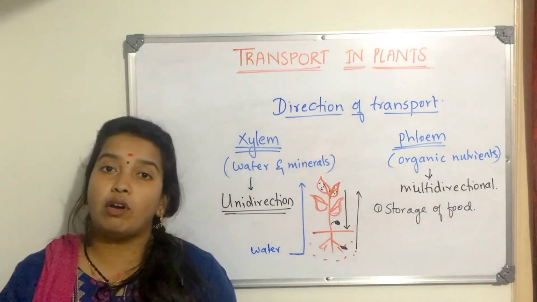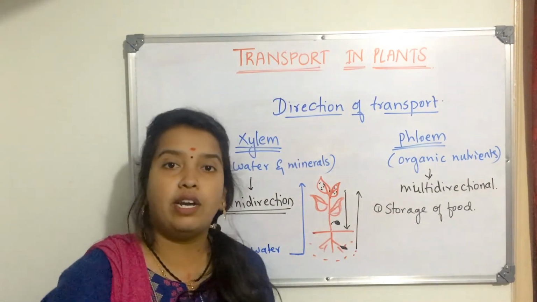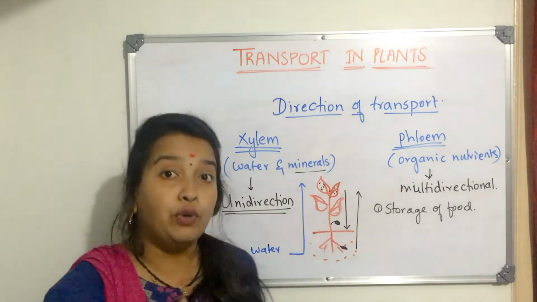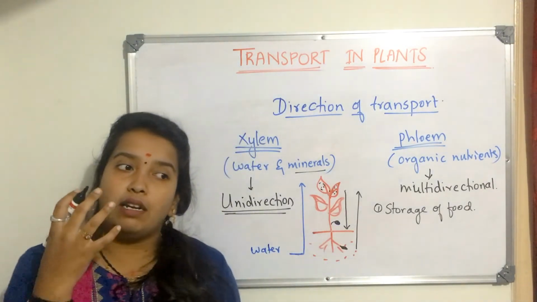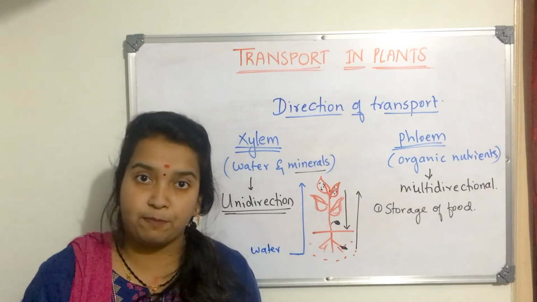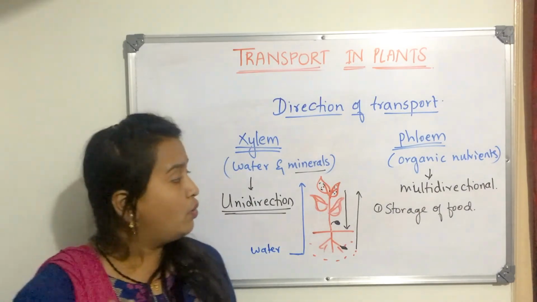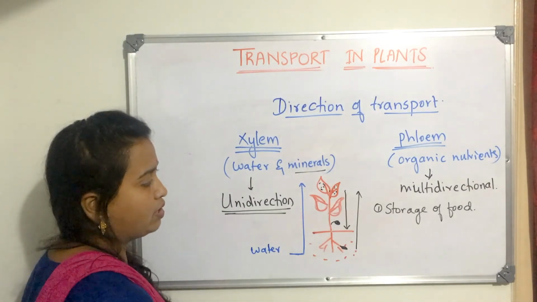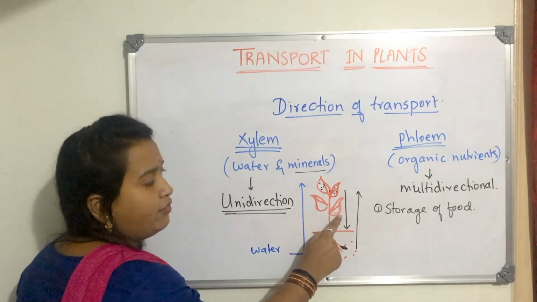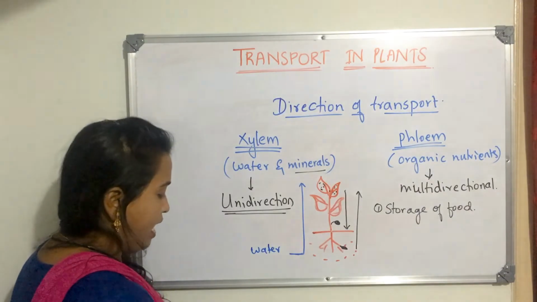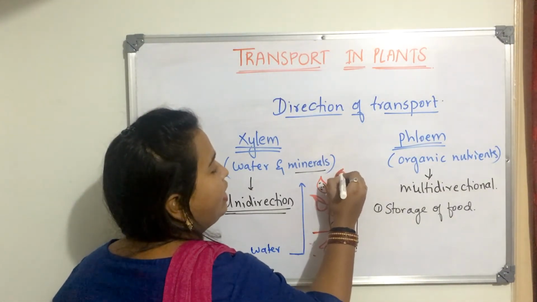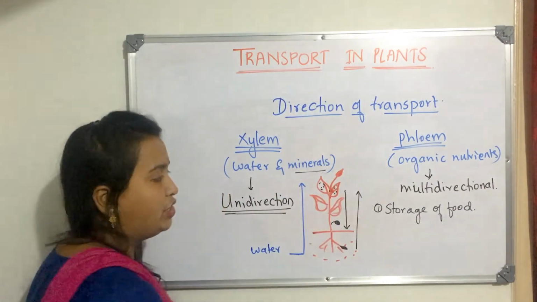Now there is one more reason why mineral nutrients are also multi-direction. We are talking about minerals, right? So we have mineral nutrients. Even those mineral nutrients can be multi-direction. How and why? So see here, one thing I would like to tell you about this multi-direction process. Now let us consider this is a leaf which is an older leaf, and now there is a new leaf which is growing in this plant. It's a very tender leaf which is growing now initially.